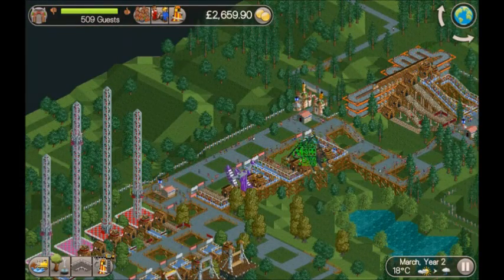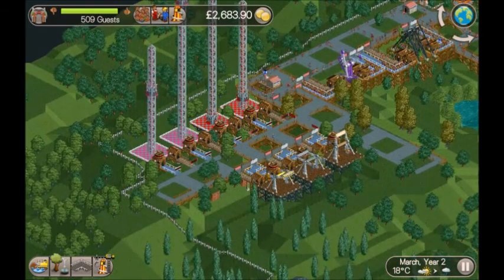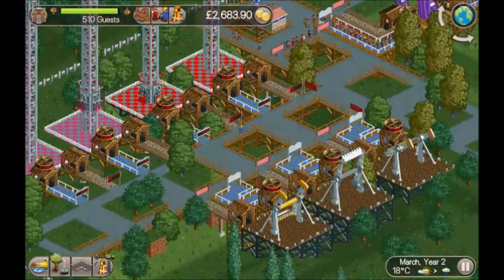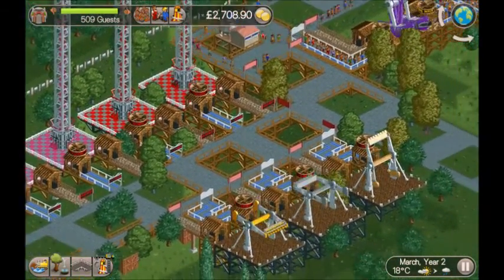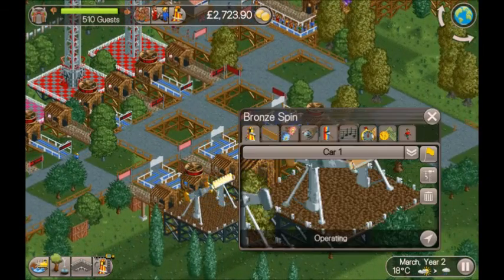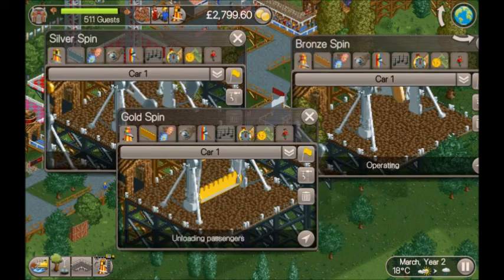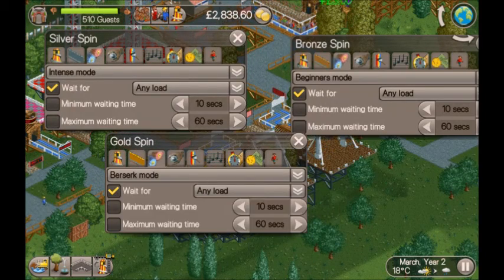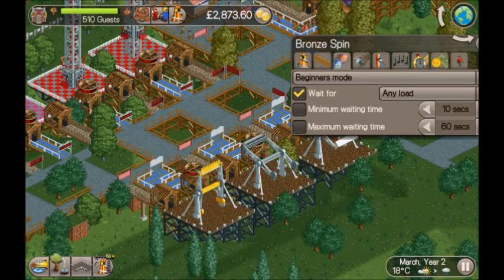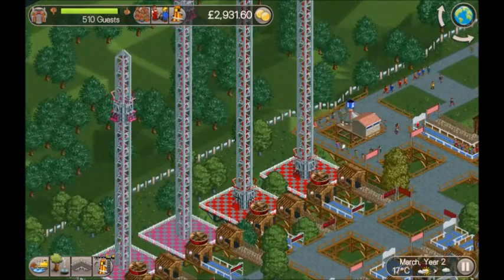So the last few months of the game I've been constructing this new area of the park here. Now don't be fooled by the seeming lack of variety. We've got 3 top spins here: bronze, silver and gold, and there's 3 different settings on top spins. So we've got beginners, berserk and intense mode. Over the opposite side we've got 4